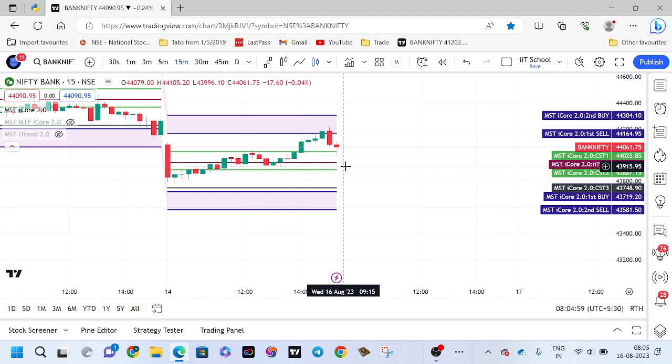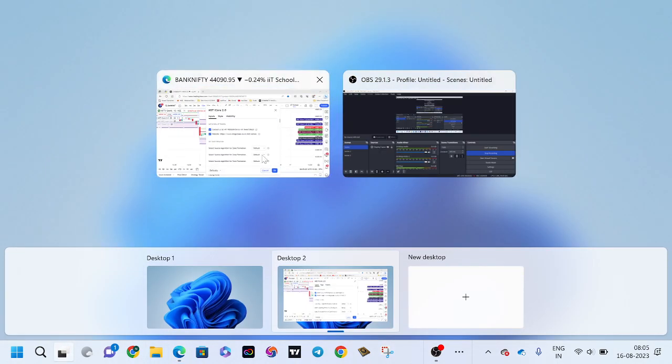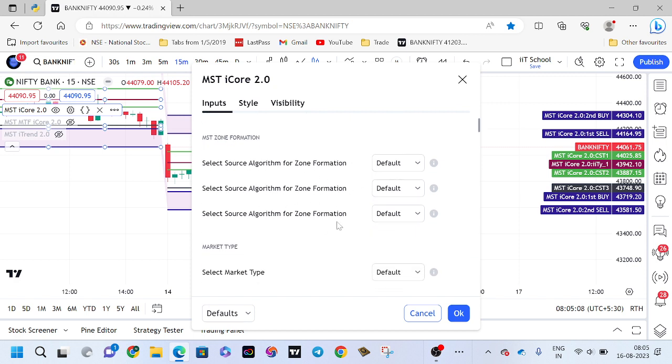It is very simple. And what about the update? Yesterday we have added some algorithm. So far the algorithm were hidden, so now we have made available for everyone to select. But it is better to always trade in default mode, because you don't know which algorithm should be used on what scenario. So before you practice, don't do any changes in the settings, just keep in default mode and trade. When you have time, when you have patience, then you can change and trade.